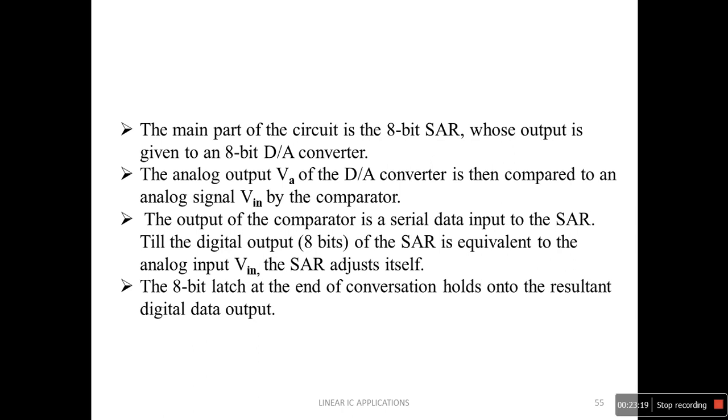There is only one disadvantage: the conversion time is somewhat more compared to the flash type ADC. In a flash type ADC, almost all the comparators compare simultaneously, not sequentially. That's why with 1 clock pulse it converts. So that is the only disadvantage. But the flash type is more complex, and more comparators are required. Here it is very simple.